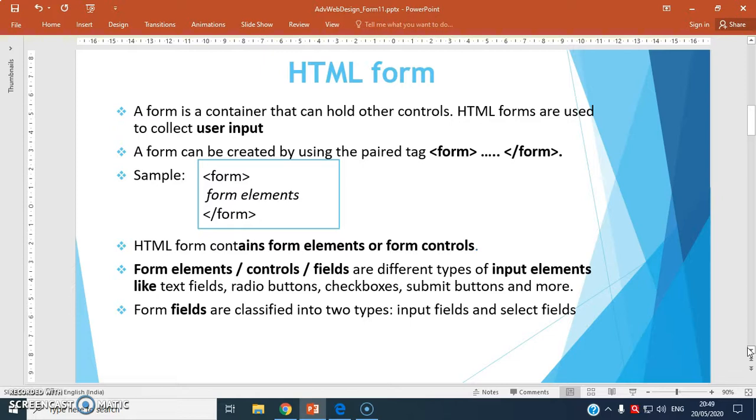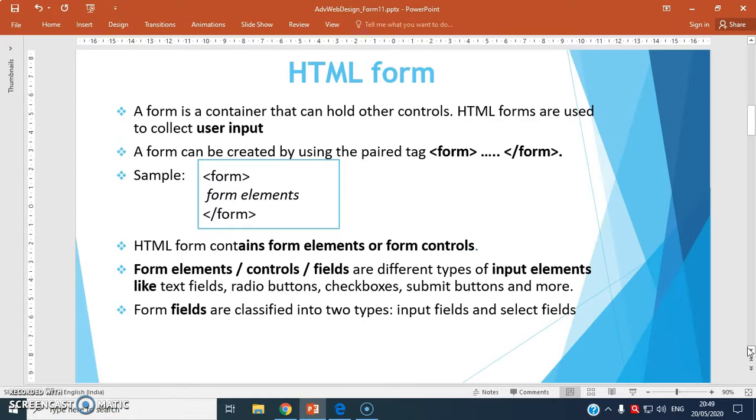Not fully, yes, but partially. And these forms come under DHTML, that is Dynamic Hypertext Markup Language. In real, DHTML is nothing but HTML plus CSS plus JavaScript. I repeat, DHTML is a combination of Hypertext Markup Language plus cascading style sheets plus JavaScript.